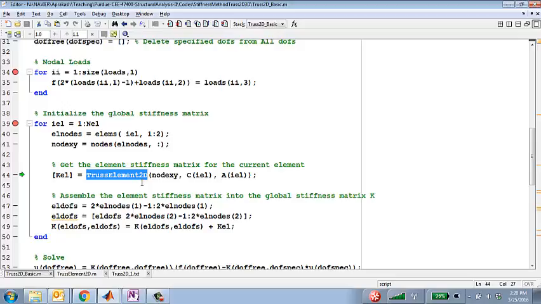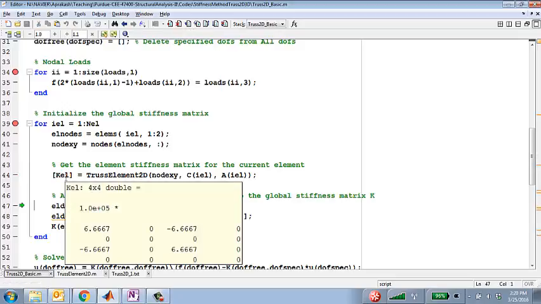What it does is it takes the node locations of a particular truss element. You can tell that one node is here and another node is here, and you give it properties of that element, and it will give you out k element in the global coordinate system. Let's make sure that that's exactly what it's doing. And it looks like I won't go into this element routine today, but I'll show you how it gets assembled, and then next time I'll show you how the element subroutine gets constructed. So if I execute that, you should see that this K,